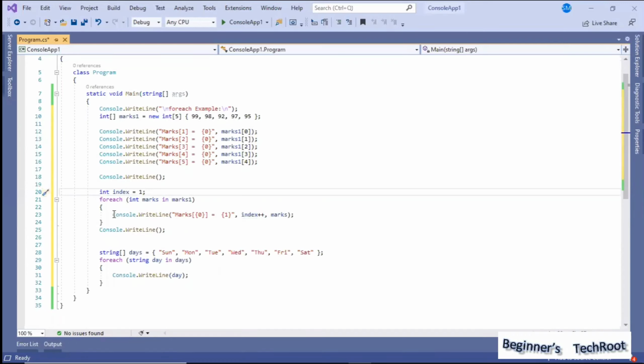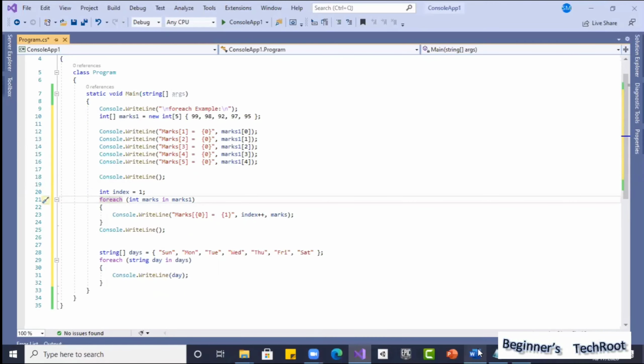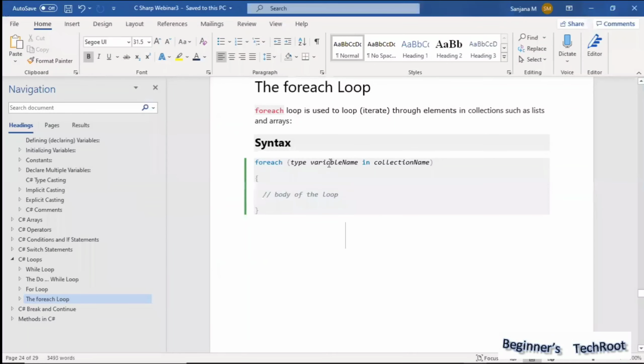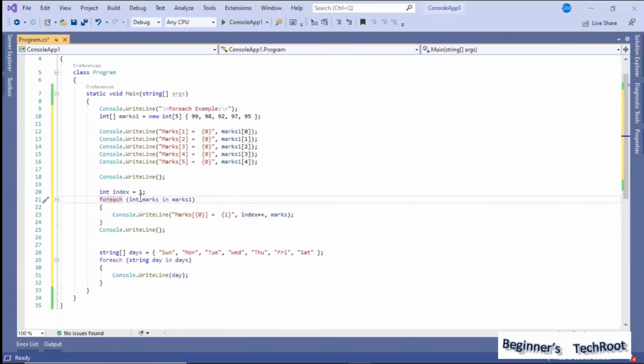And then the for each, as we understood the syntax: type, variable name, in collection name. This is the type, this is the variable name. Why? Because the array is of this type. How will we know what data type we need to use?